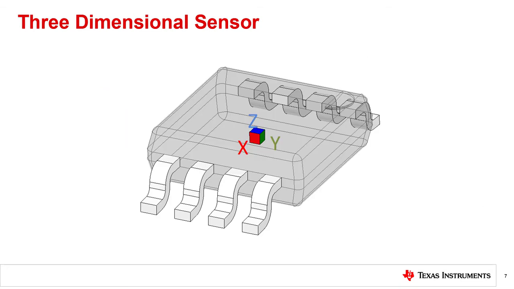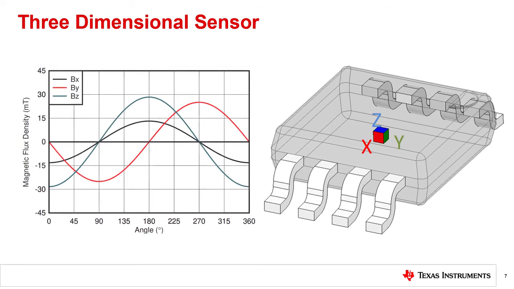To help reduce physical space requirements and ensure 90-degree phase alignment, three-dimensional position sensors integrate mutually orthogonal sensing elements for each direction in a single package. This allows the device to provide a more complete view of the magnetic field. A device that has sensing elements capable of detecting multiple components of the magnetic field provides much more mechanical flexibility